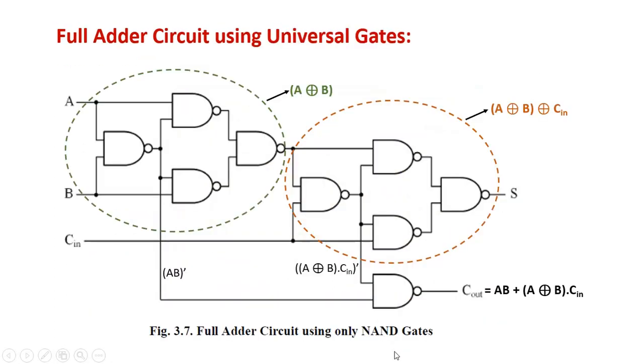Now similarly using universal gate, NAND gate, so this is A XOR B, this is A XOR B XOR C in, you are giving C in here, and here you are getting A XOR B, and then you NAND it with C in. So NAND gate with both the inputs inverted, this AB is inverted, A XOR B and C in is inverted, so this will act as NAND; both inputs inverted will be considered as OR, so these two inputs will be ORed, so you will get the final carry.